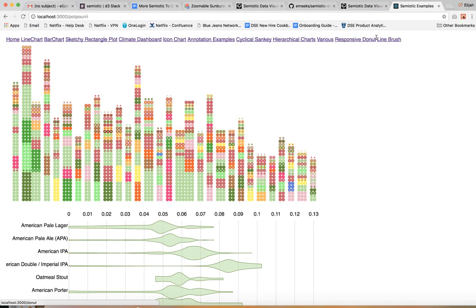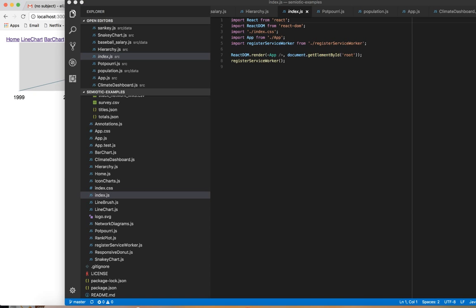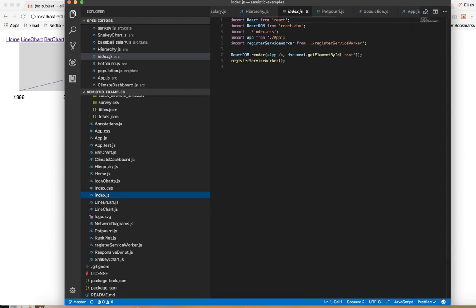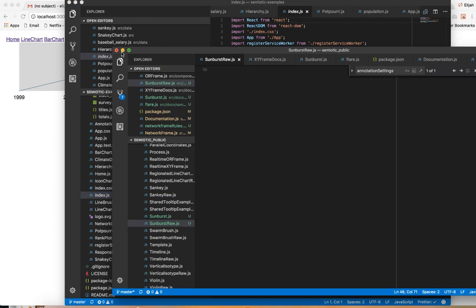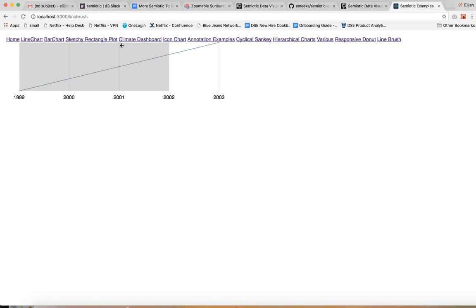And then the other ones over here, the responsive donut chart and the line brush, are just for individual examples that people requested that I wanted to get into. So that's everything that's available for you. Let me just get rid of some things. There we go. So semiotic examples gives you a lot of the code, so you can see how to do